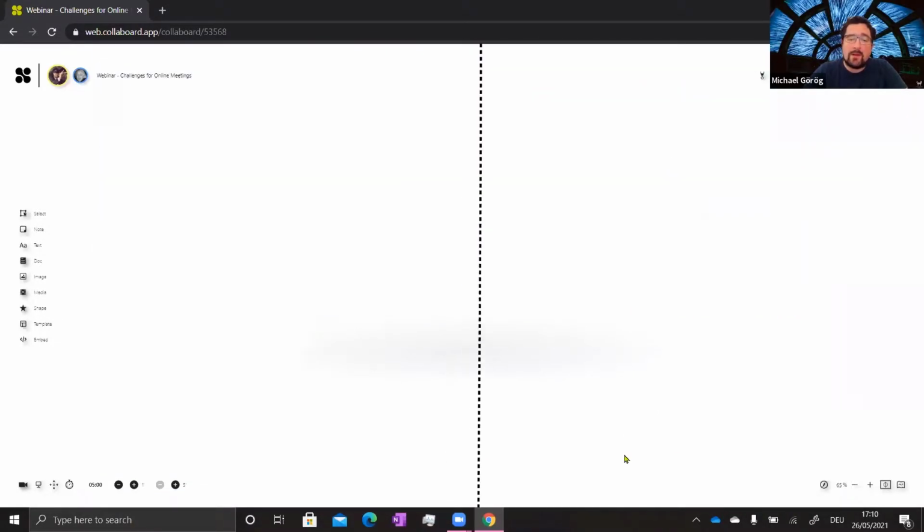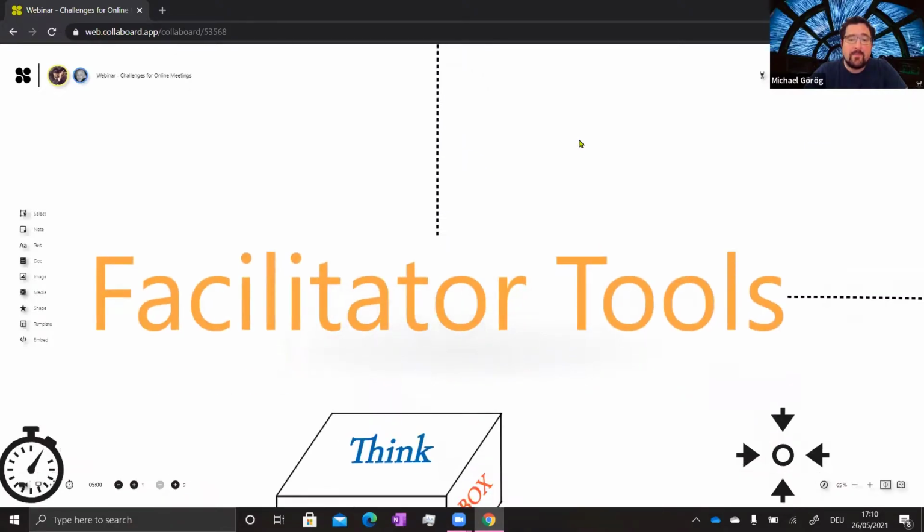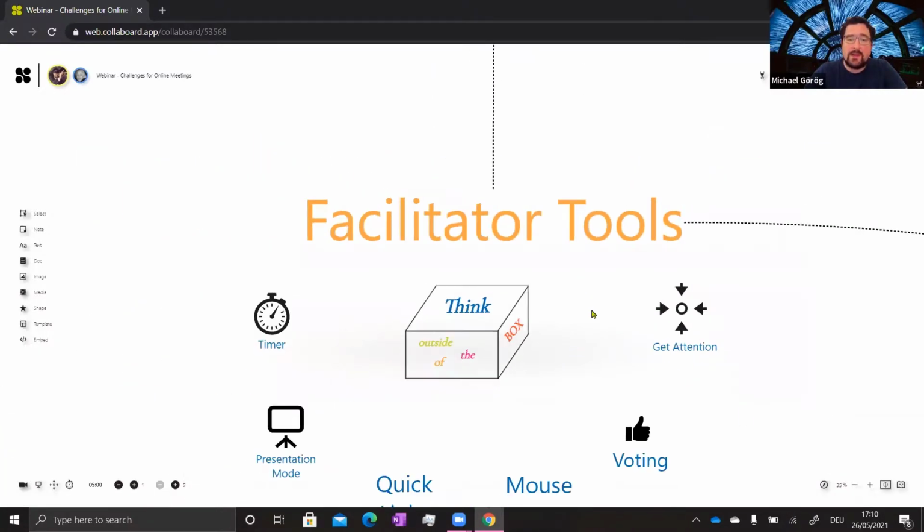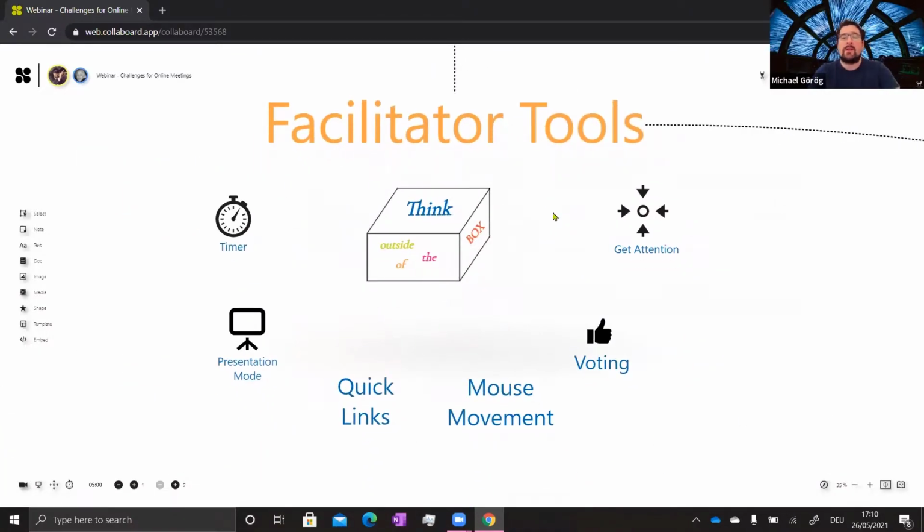So we will have a look at the Facilitator Tools in Collaboard. So there is a set of tools like a timer, a presentation mode, quick links, mouse movement, voting, and get attention, which really helps you when you have many people on the same board to organize them, to bring them to the same place. And what I will do now is I want to show you how you can work with these